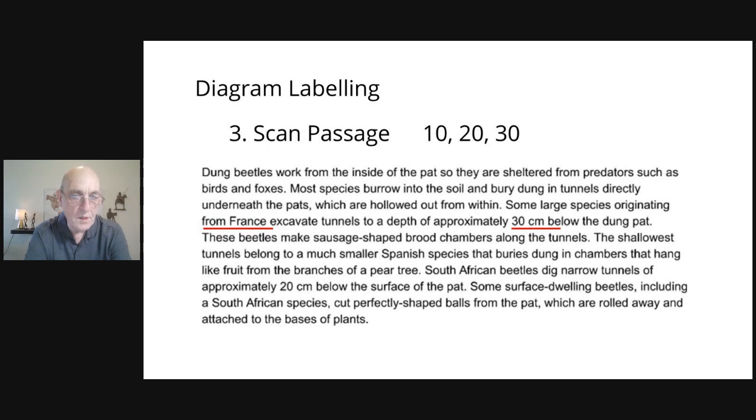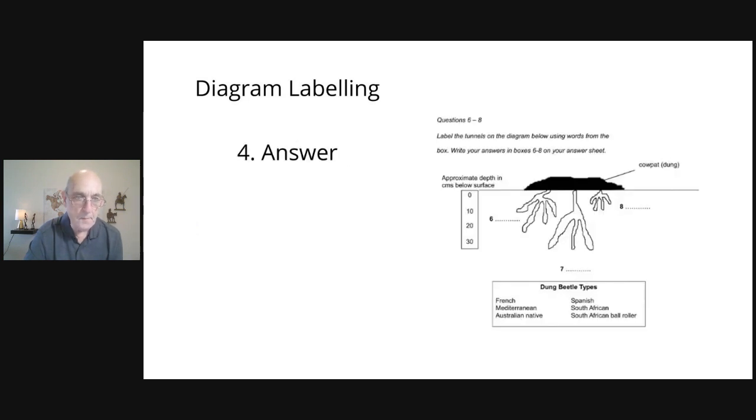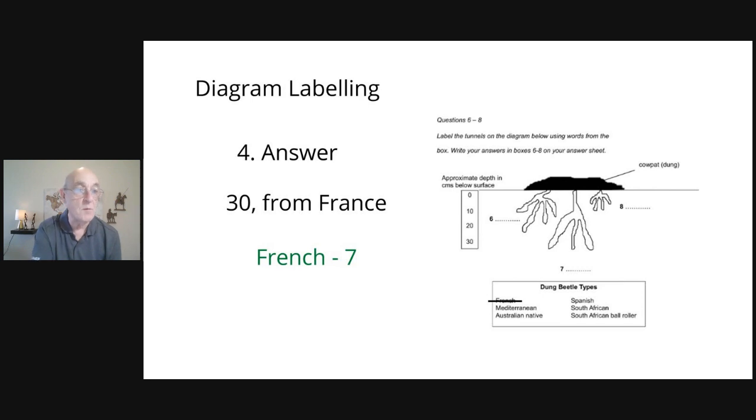So the first thing we're going to find is we'll identify that we have France, and in the same sentence with France, we have 30 centimeters. So that makes it quite easy for us to identify that France and 30 centimeters go together. So our answer for number 7, so we're answering number 7 before number 6, is French, and that's the answer